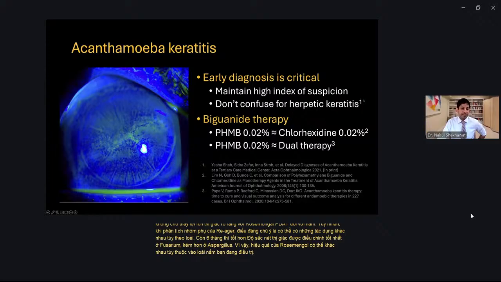With acanthamoeba, as I said, early diagnosis is critical. Maintain a high index of suspicion based on history. Don't confuse it for herpetic keratitis, especially in that epithelial stage. For a long time, the mainstay of treatment was biguanide therapy, and PHMB was thought to be roughly equivalent